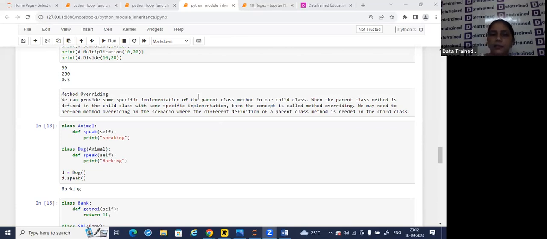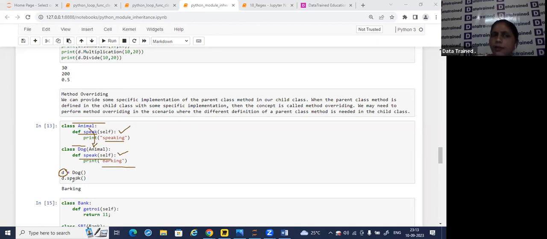So here you can see, I had created a class animal, any class you can build up. I created speak as a method, and I created one more derived class that inherits animal. Here also speak. So both classes are having the same method, but the internal implementation is different. Here I'm writing speaking, here I'm writing barking, it does not matter. If I make the instance of this derived class,